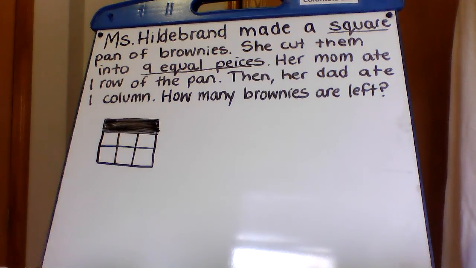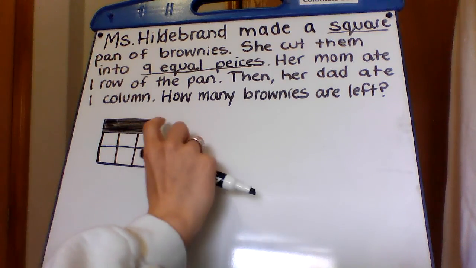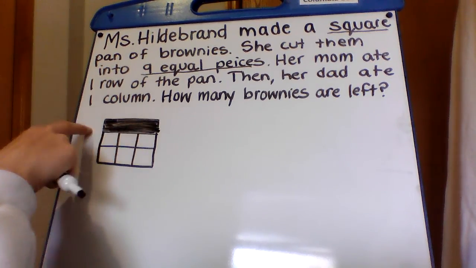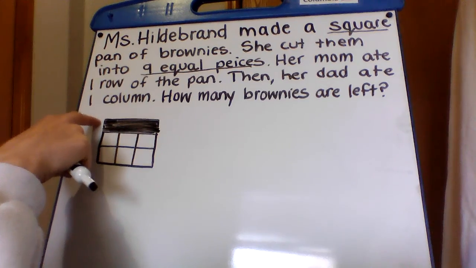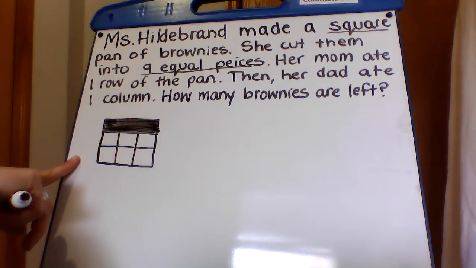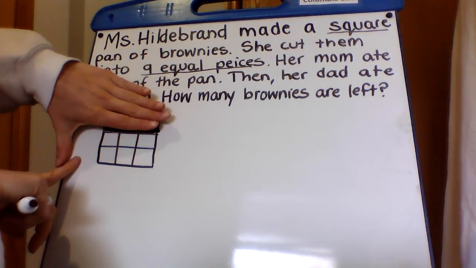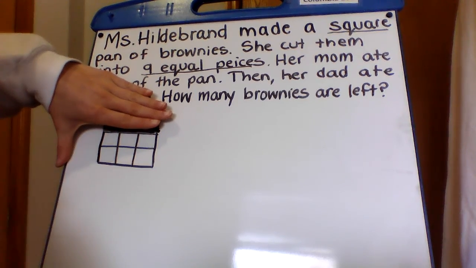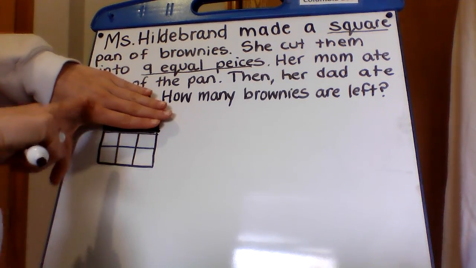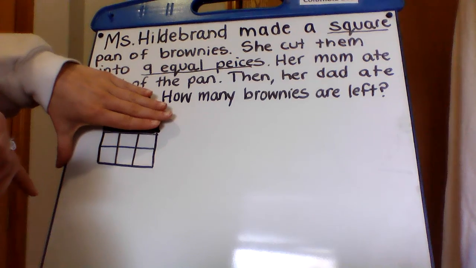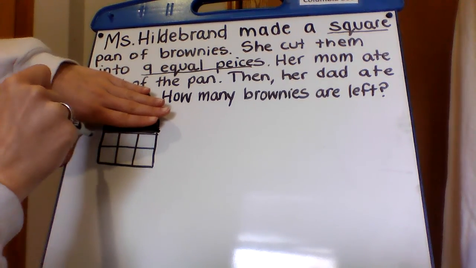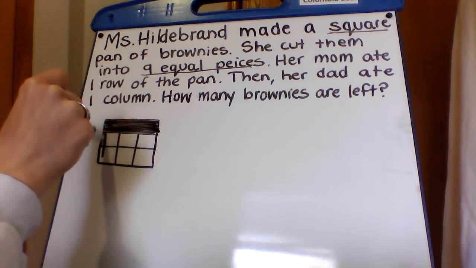Okay. Now my dad ate 1 column. Now is he going to get 2 pieces or all 3 pieces? So remember, this one's gone, so he's only going to get 2 brownies in the column. Remember, columns go vertical, up and down. Okay? So, it doesn't matter what side you pick, but he's going to eat